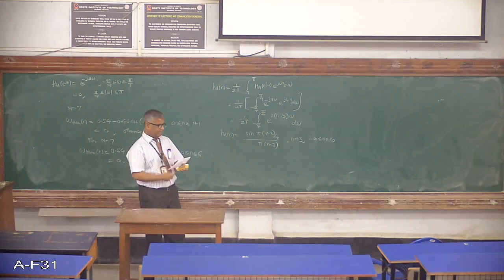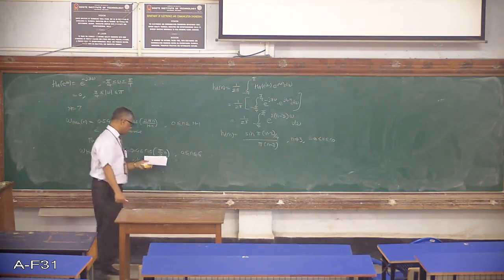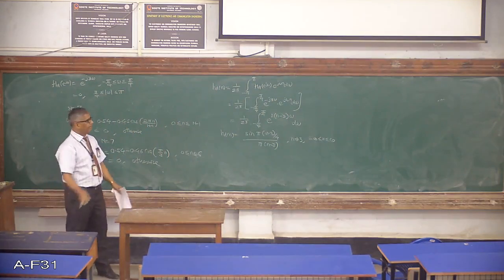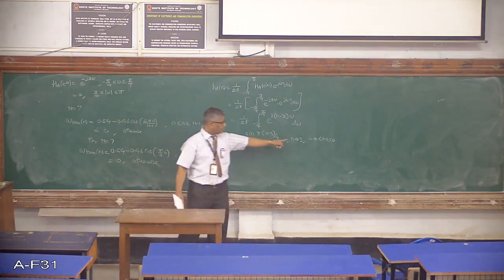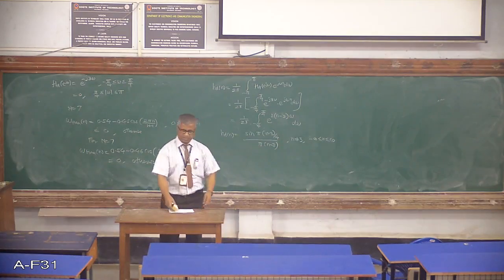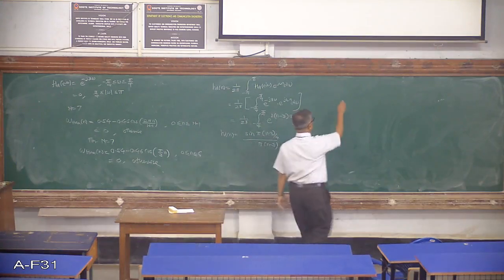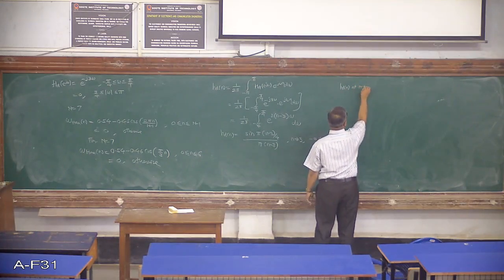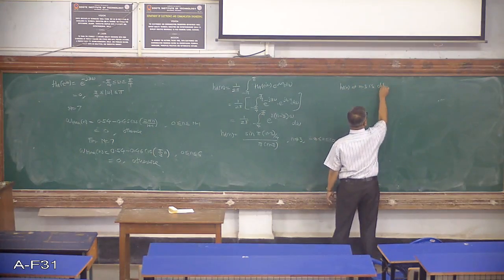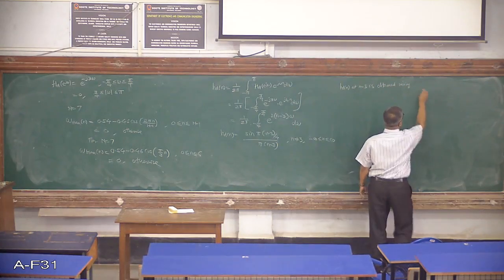So this is the impulse response of the desired IIR filter, which we have to truncate by multiplying it with this particular window. But before that, let us evaluate the value of HD of n at n equal to 3 first. That is an important thing, because at n equal to 3 this is sin 0 by 0 form, not defined. So HD of n at n equal to 3 is obtained using L'Hospital's rule.